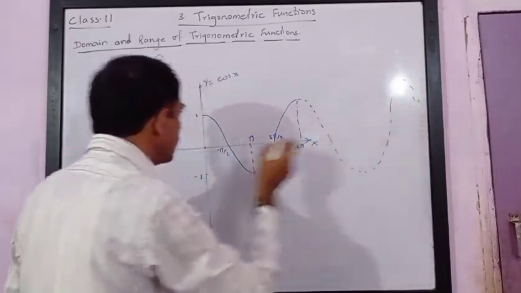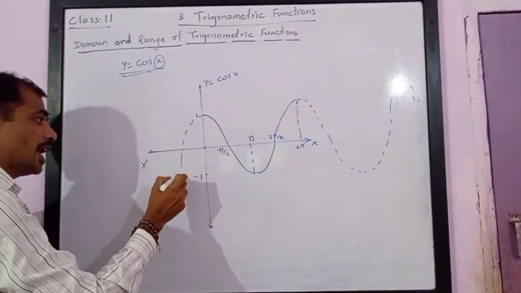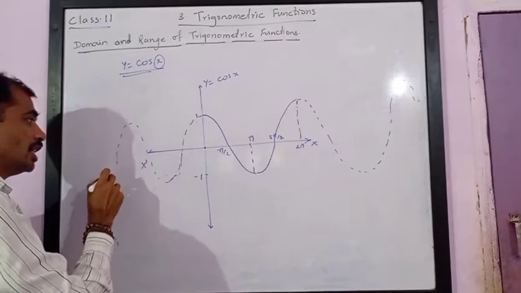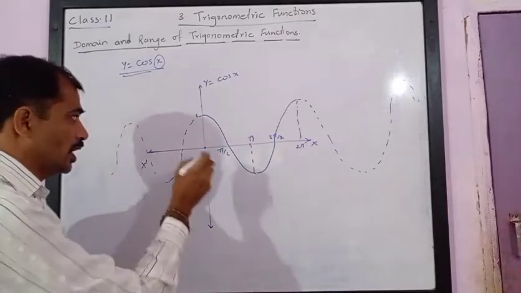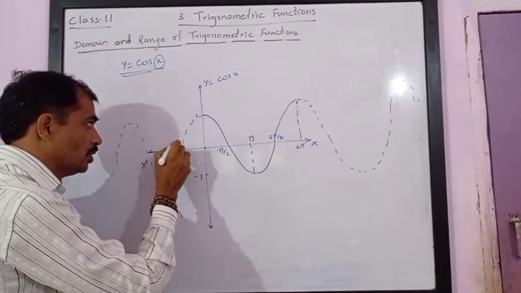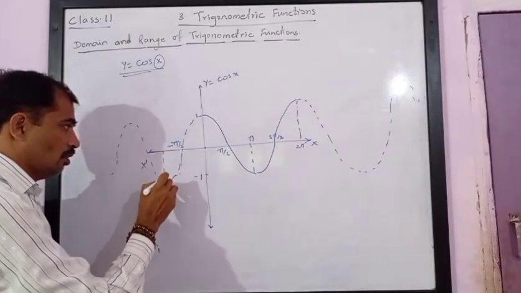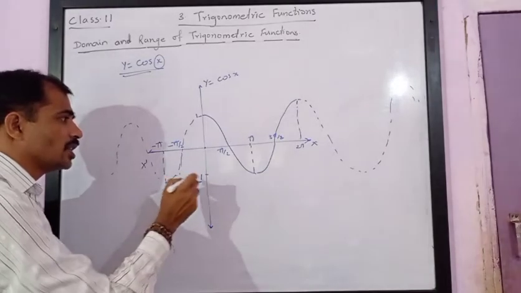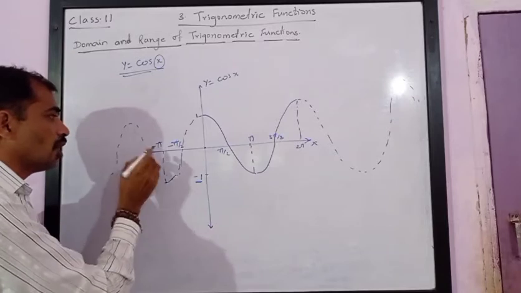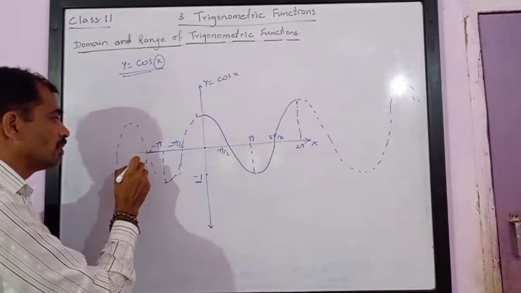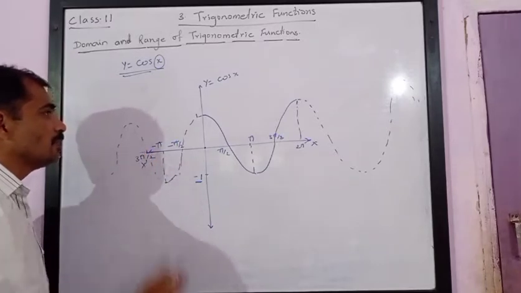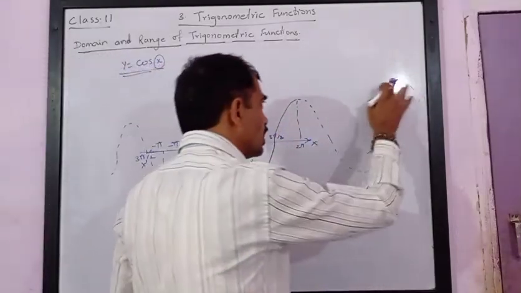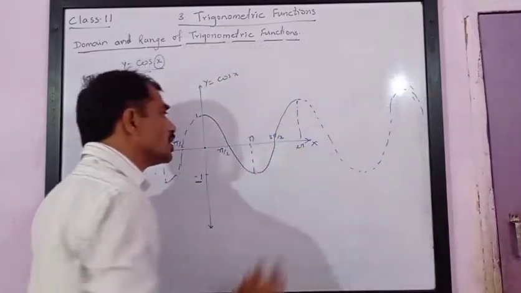When you further increase the angle, you will notice that the value always increases and decreases from positive 1 to negative 1. On this side also, if you try to decrease the angle, you will get the values oscillating, changing from positive 1 to negative 1. Here also you will see that for negative pi by 2, the value of cos x becomes 0. For negative pi also you will notice that the value becomes negative 1. And so on. For negative 3 pi by 2, you will notice that the value of cos x becomes 0. So this is the graphical representation of the function cos x.